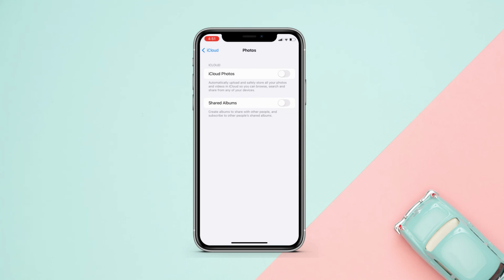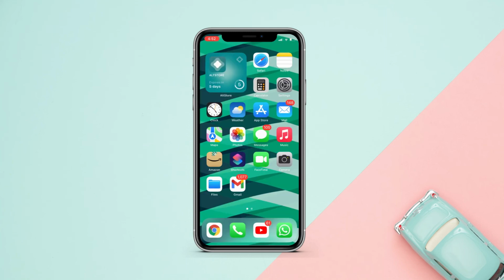So these are the 3 ways by which you can stop giving access to all your photos to third-party apps and